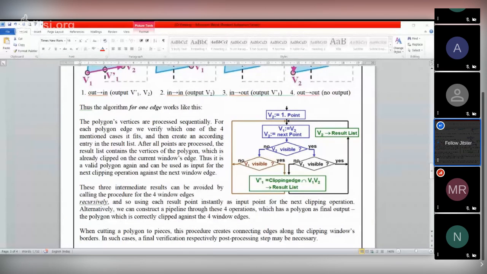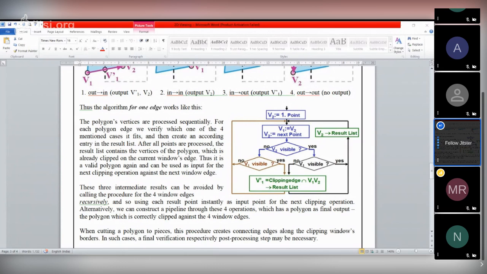What do we have to say? First, take a vertex from the polygon. First, take a point value. Then the next vertex value, assign this vertex value in V1. Next, in V2, assign another next point or next vertex value.